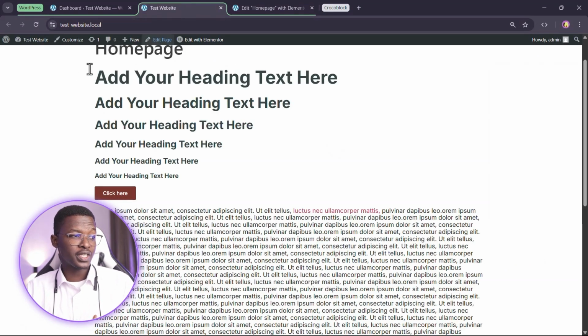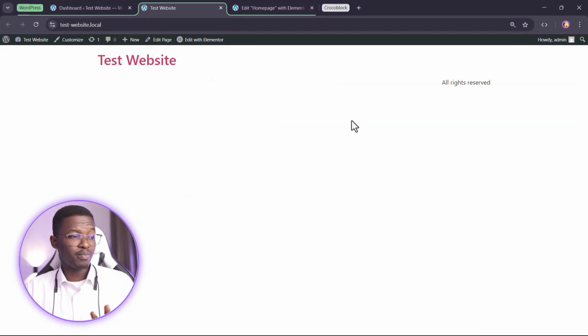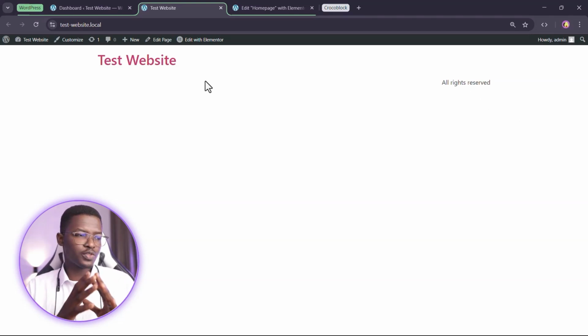And if we come to the front end here and just refresh this, what do we have? We have a completely blank website, just the header and the footer here where we have all rights reserved and nothing in between. That's okay. And that's what we need for our homepage right now,